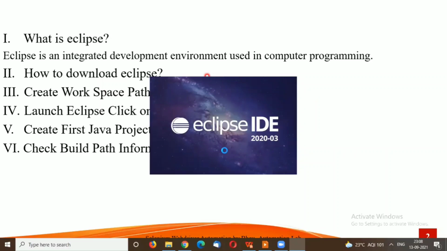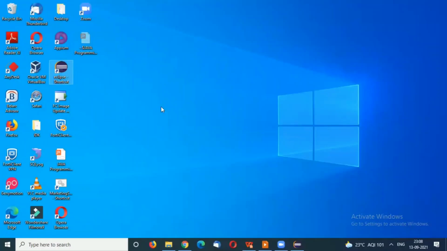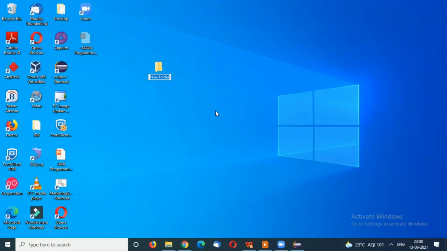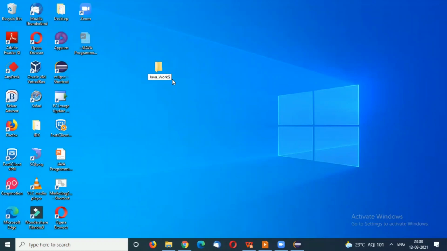It will take some time to run while you are running Eclipse for the first time on your system. Before that, we need to create a workspace path for your project. So I'm creating one folder here on my desktop, called Java WS. It's called a Java workspace, any workspace.